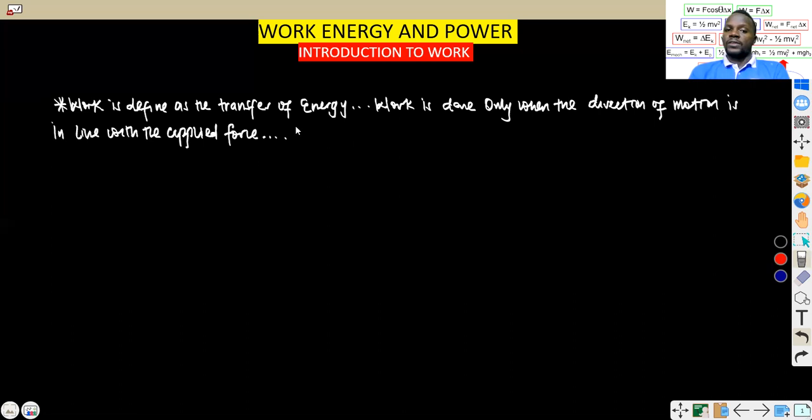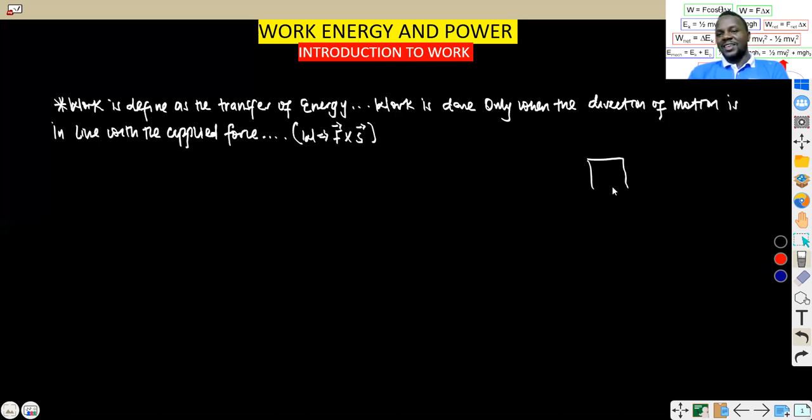So you can say technically that work done is always the force multiplied by what? The distance in the line of the displacement, rather, in the line of the motion. I'm using displacement because we are talking about direction. I hope you understand this, and to understand it very well, we can quickly consider a